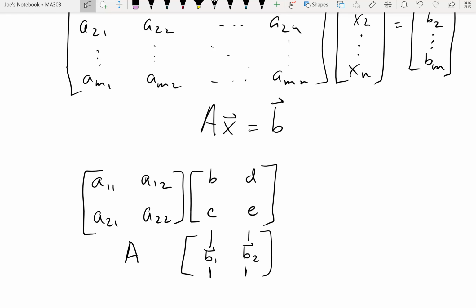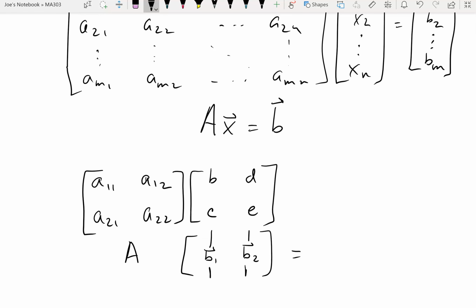When we do the product, notice to get the first column of the answer in the product, I only take this matrix and multiply by the first column, right? When I get the first column of the answer, you'll match this row to that column, and then you'll match this row to that column, right? Okay? So,